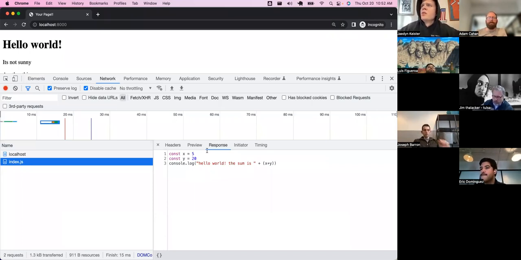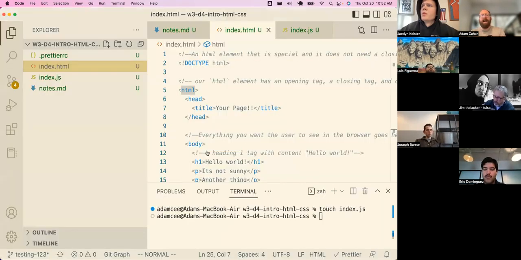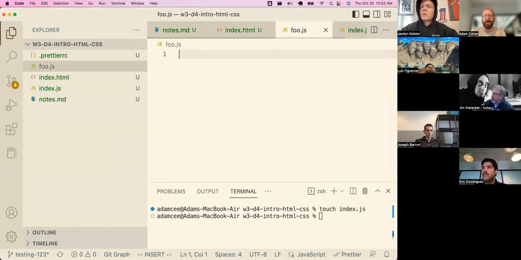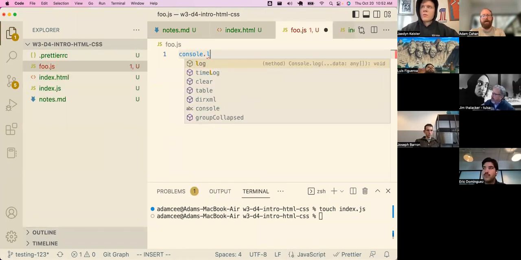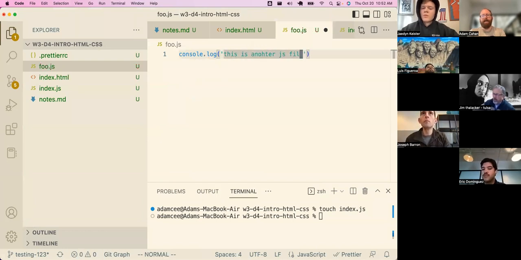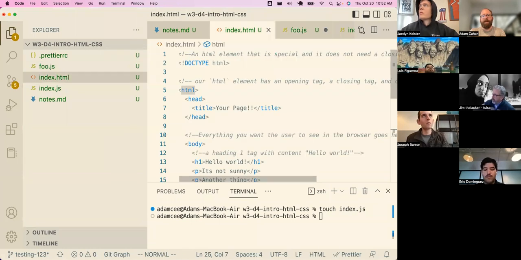Are those the only two files that can be mounted, or that the system knows to mount automatically? That's a great question. No, we can do it for whatever we want. Like I can do foo.js and I can do console.log. This is another JS file. And actually, to just show you something interesting,